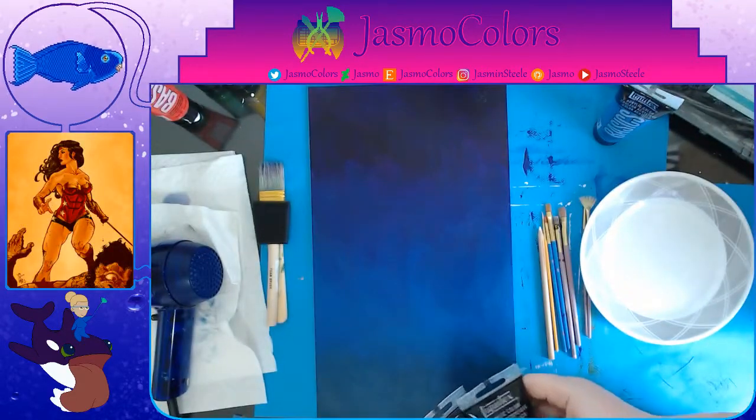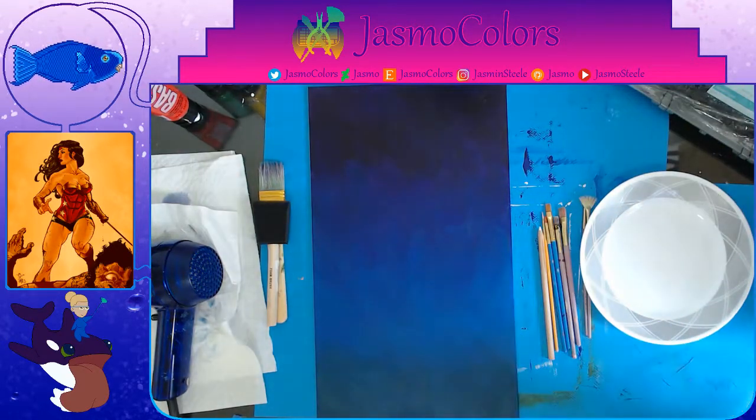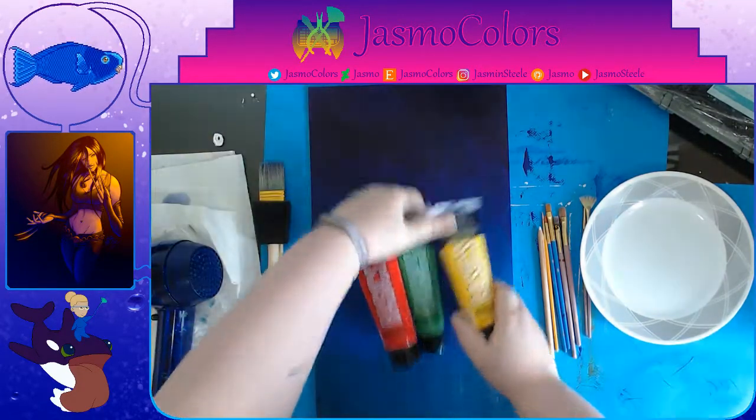And I don't think I'll need any of these 3, so let's set them off to the side. Way off to the side. And the other colors we're going to be using...